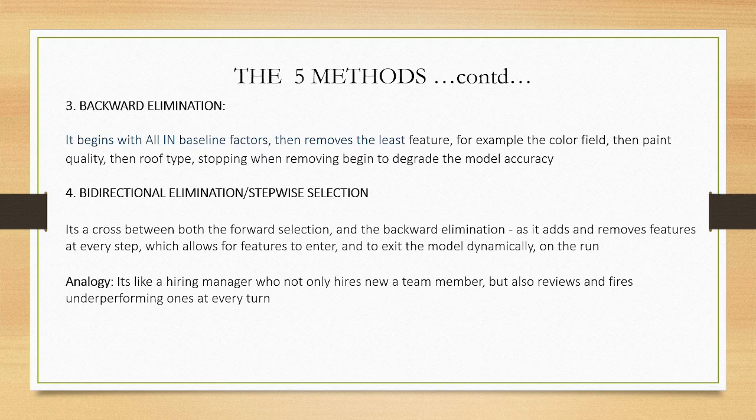accuracy. Number four, bi-directional, also called stepwise selection. This is a cross of the forward and the backward. In other words, it allows you to add and to remove at times. So it is the best of both worlds, which runs dynamically for the best destination point. It's analogous to hiring a manager who not only hires a new team member but also reviews and fires underperformers